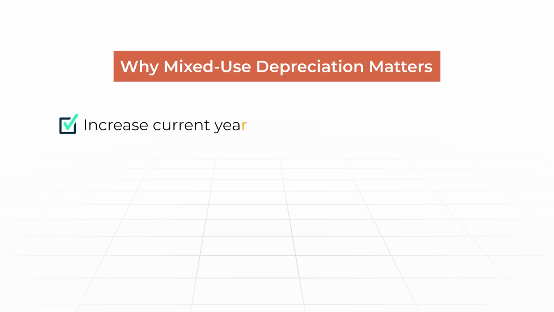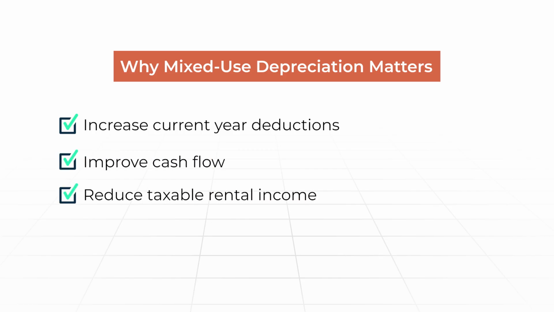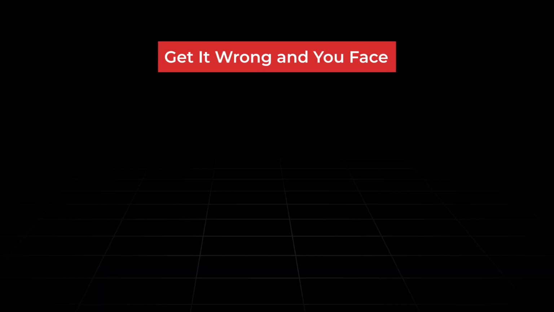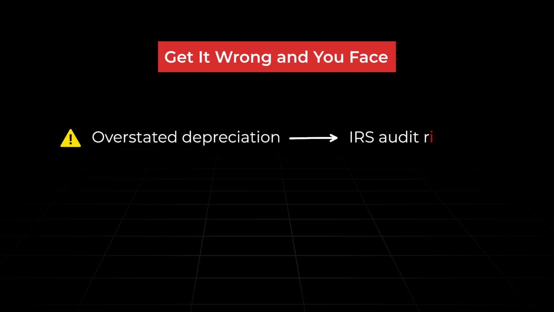So why does this matter for tax planning? Number one, accurate mixed-use depreciation can increase your current year deductions. They certainly can increase or improve your cash flow. They reduce your taxable rental income, enhance your long-term tax strategy, and provide better audit support, which is always important. Investors who do not do it correctly will often misclassify the entire building. They'll depreciate everything over the wrong useful life, overstate depreciation, which then creates an audit risk, or understate depreciation,